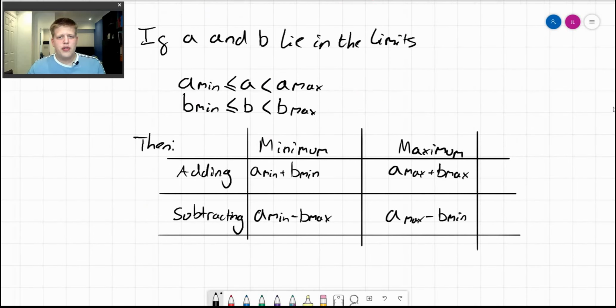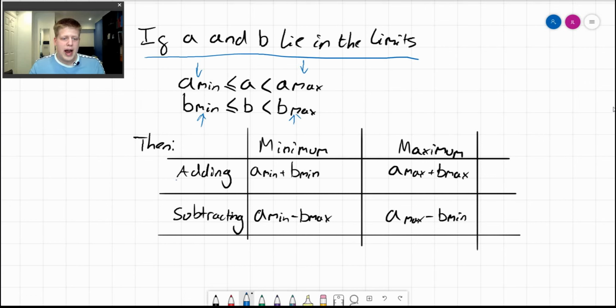So now that we've done those questions, we can have a look at this scary bit of maths here and work out what it means. This is the general rule for adding and subtracting limits of accuracy. So let's have a read. If A and B lie in the limits A min is less than or equal to A, which is less than or equal to A max, and all that means is that A has this as its lower bound and this as its upper bound, and B has this as its lower bound and this as its upper bound,